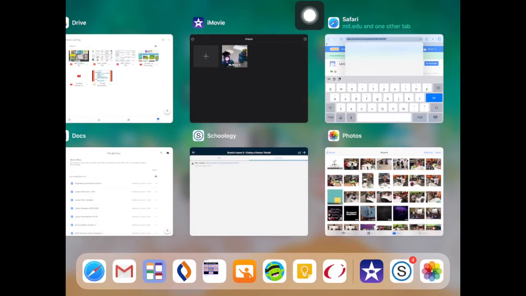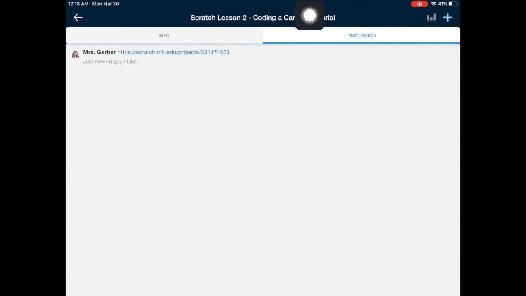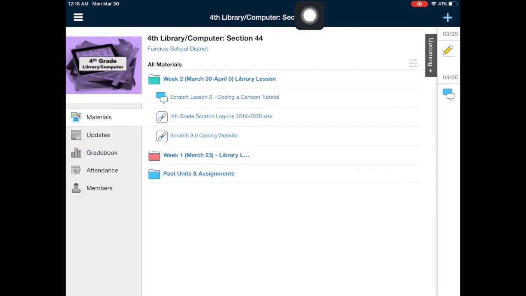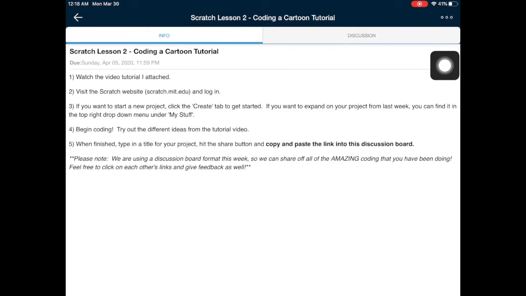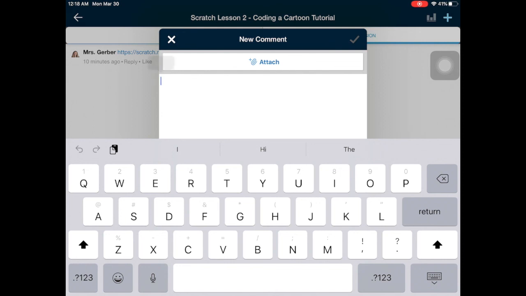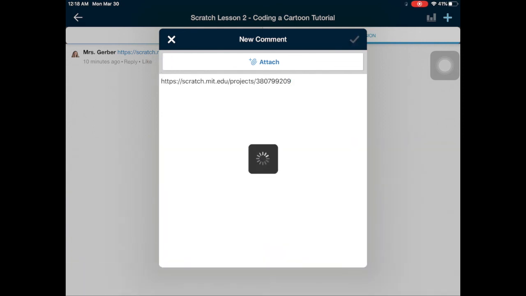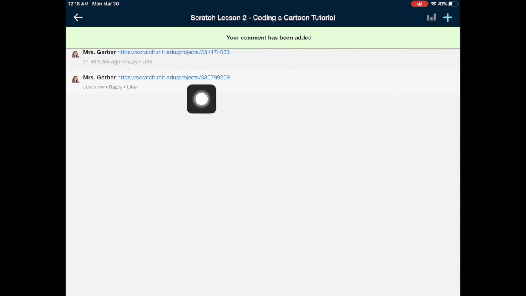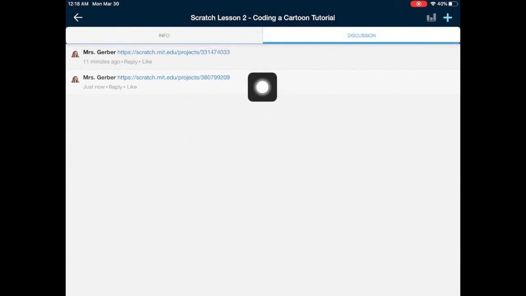Either way. Okay, from there in Schoology, in the 4th grade course here, you'll see a week 2 folder, coding a cartoon tutorial. And it's actually going to be in a discussion board format this time around that you'll be able to hit that plus sign and paste that link right in there. You can see I already did it once. And your projects will be shared. Actually, you could also type in there the title of your project just so people know what they're clicking on when they see it. So that way we can share it and give each other feedback, check each other's projects out, and have